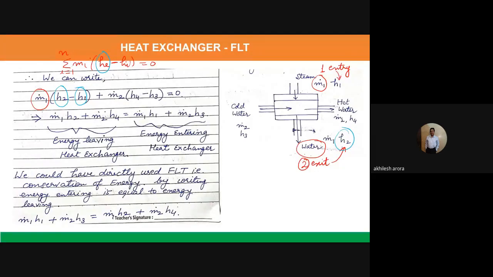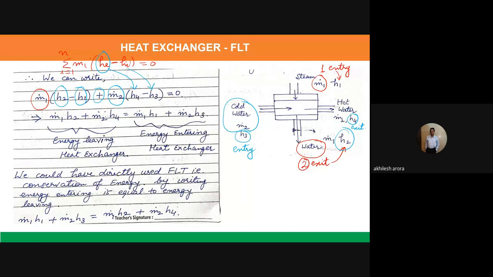Plus, now we can take the second mass flow rate. The second mass flow rate is for the cold water, M2 dot, and its enthalpy is H3. This is at entry, and H4, this is at exit, and the mass flow rate is same. So here I take the mass flow rate M2 dot, and here exit enthalpy is H4, whereas the entry enthalpy is H3. I stands for entry or inlet. So this is the final equation that I get.